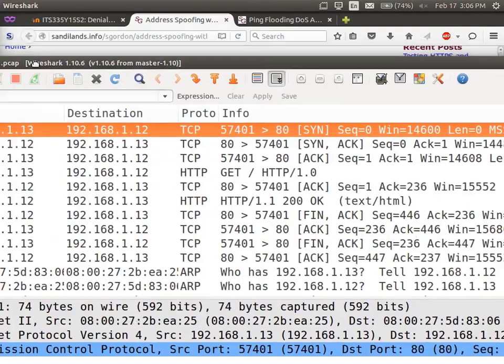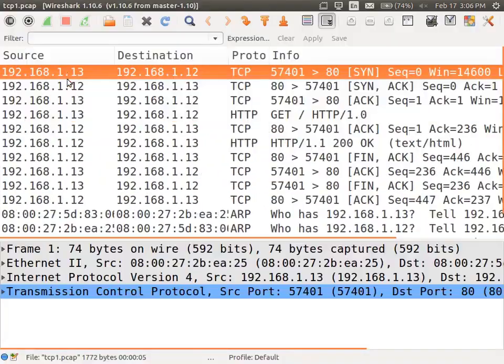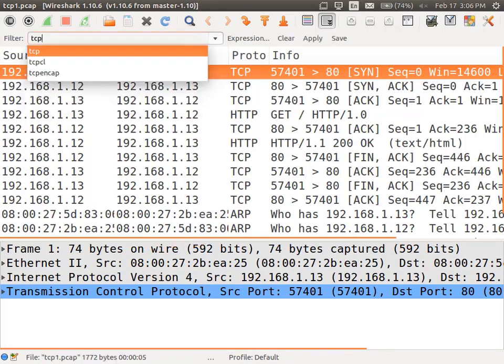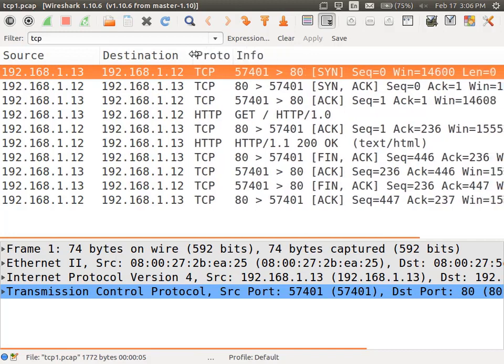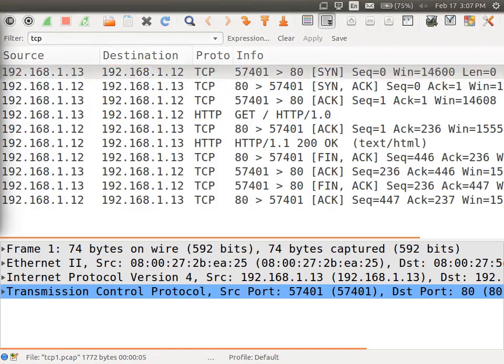And here are the captured packets. And let's just focus on the TCP packets and then see what happened. So what can we observe here? We can observe that, all right, these are packets sent between node 3 and node 2. Why node 3 and node 2? Because I've got